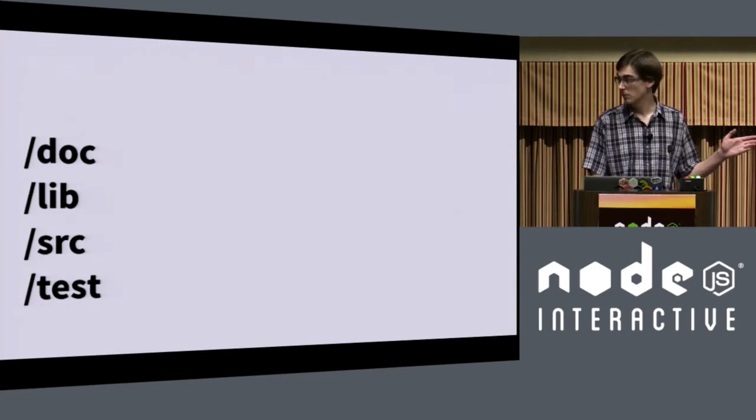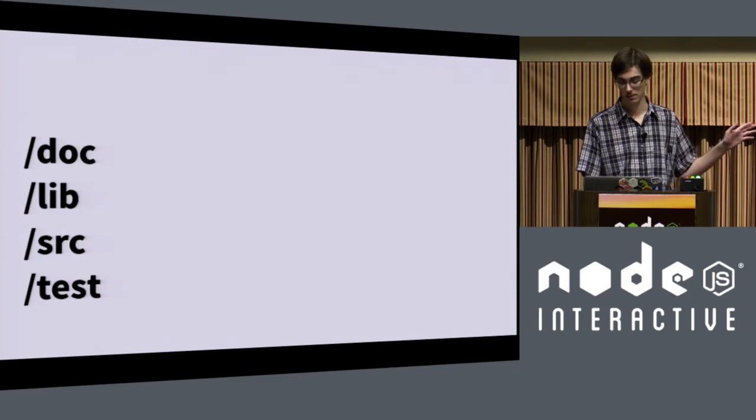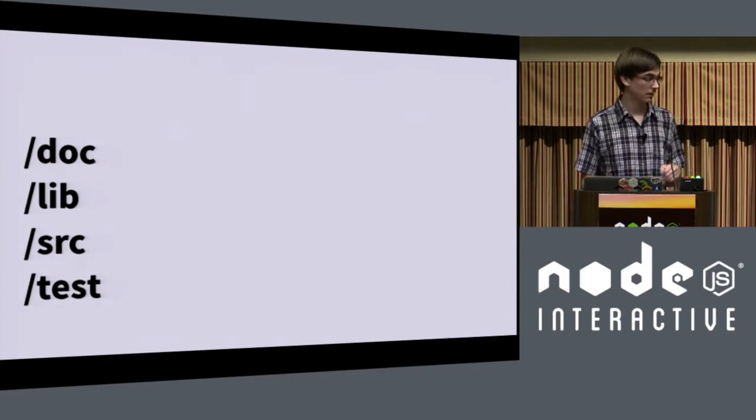folder. That's where all the documentation lives. The API docs live in there. Also, /lib is where all of the JavaScript code lives, or at least like 99% of it. And then source is where any C++ code that we need to compile lives. And tests is where the extensive testing suite lives, like, I don't know, we have like 900 tests that run in parallel or something that test like all parts of Node. But it's always better to get more of those.